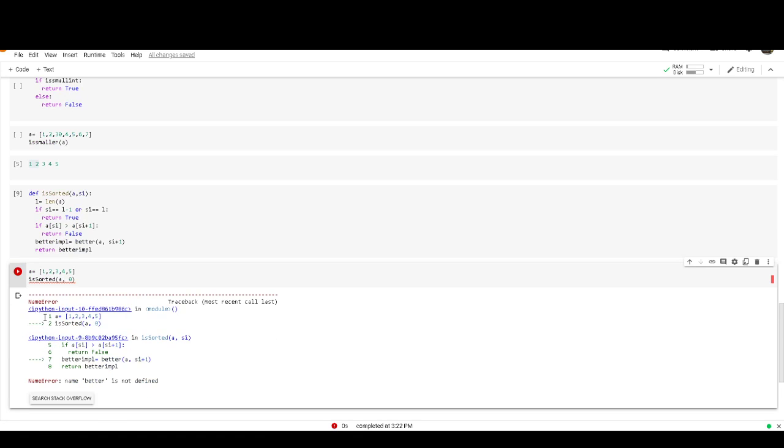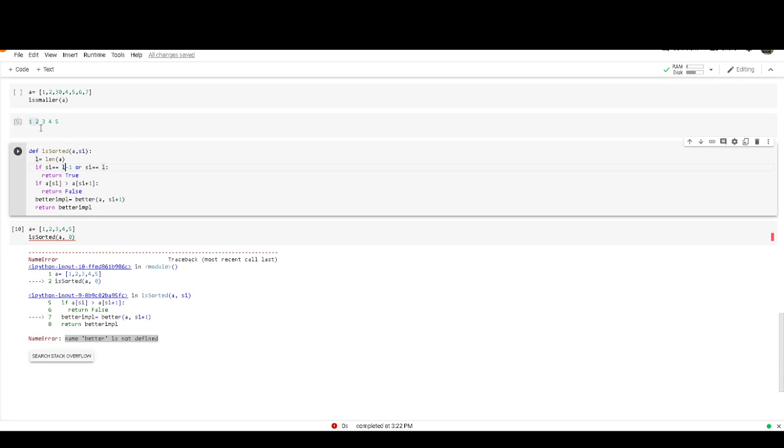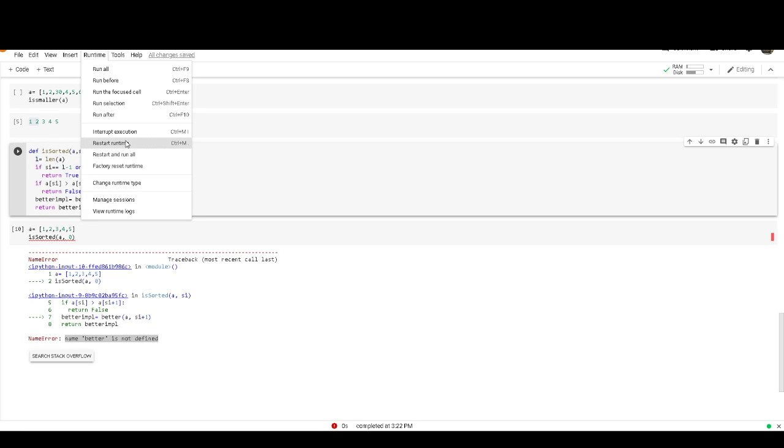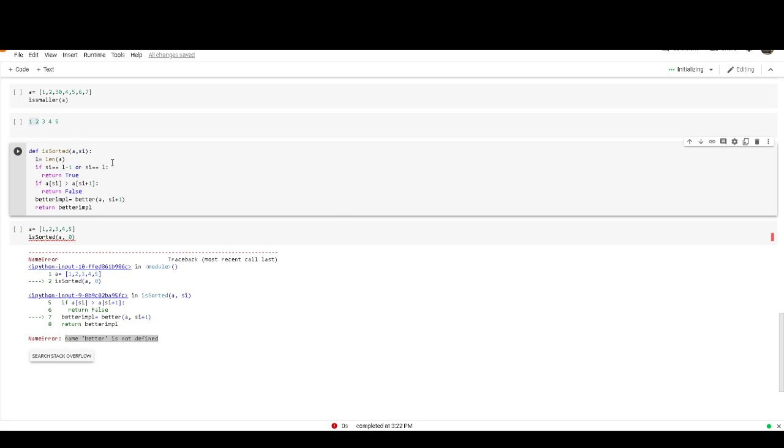We got an error here also: is sorted of A comma 0. Name better is not defined, because I changed the name. So we need to restart the runtime. Everyone should follow this procedure with A comma HI.